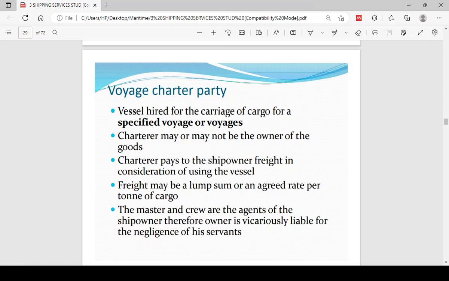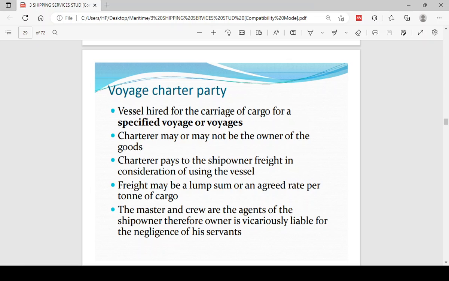When it is a lump sum, what it means is that the cargo owner is going to pay a certain agreed amount of money, irrespective of the volume or the weight of the cargo. That is what they've agreed on. And then he pays that. That is a lump sum. But when they agree on a per ton basis, what it means is that every ton of cargo that you put inside the ship, you are going to pay a certain amount, which can be greater or lesser than the lump sum. But it is what they have agreed to do, that they will pay a certain amount.